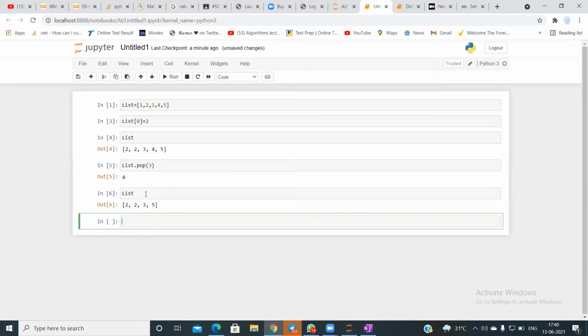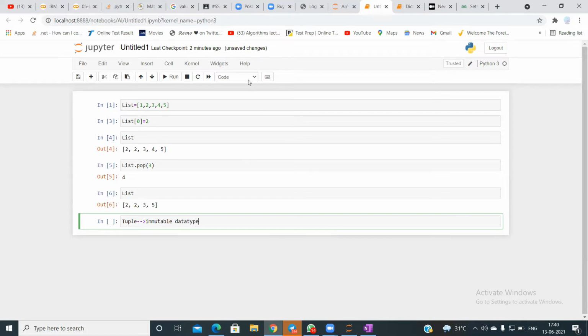I want the data to be stagnant. At that point of time, you can use something called a tuple. So a tuple is nothing but an immutable data type in Python.